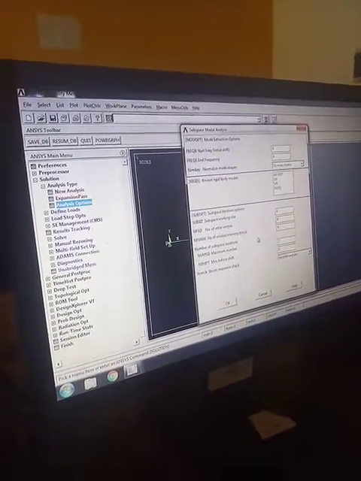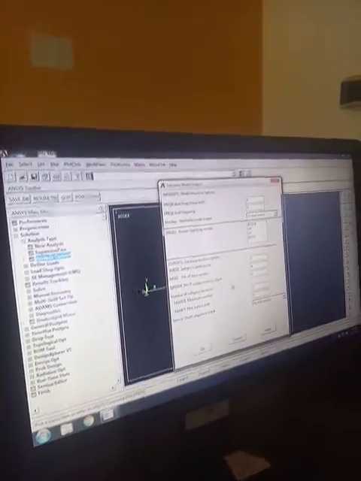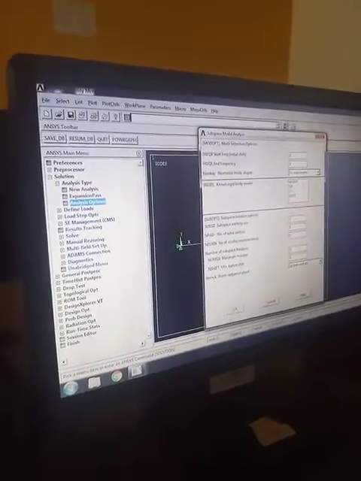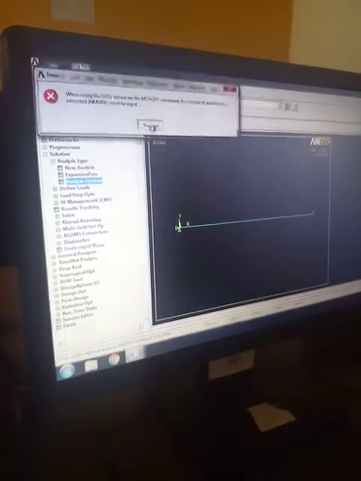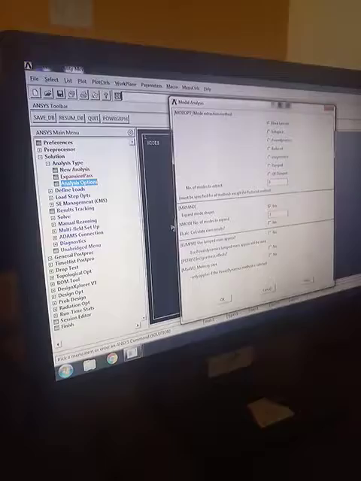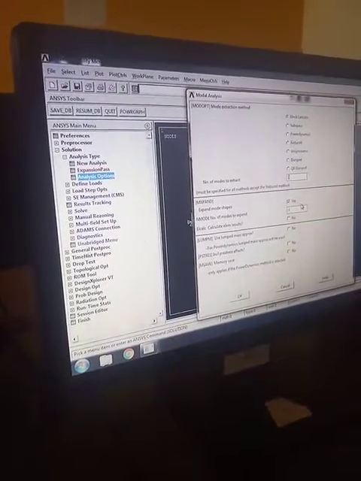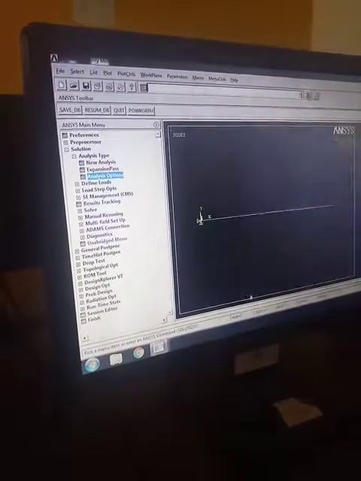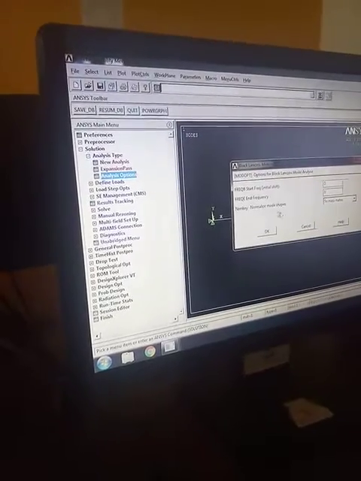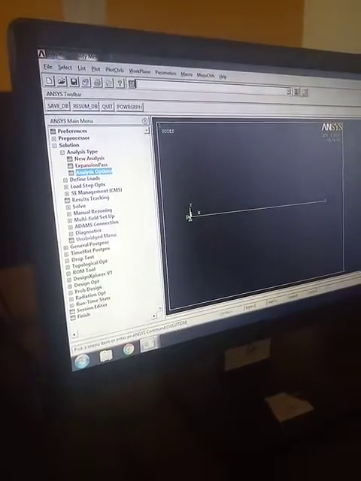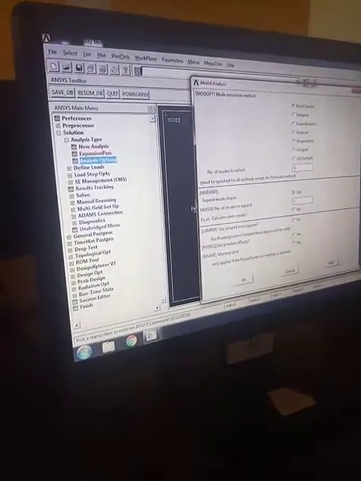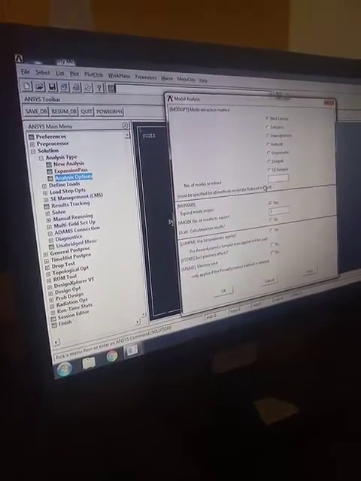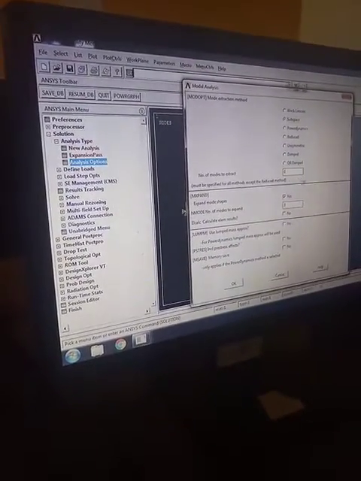Then after this solution, analysis option, number of modes to extract I will give 3. Just keep it as subspace, select.